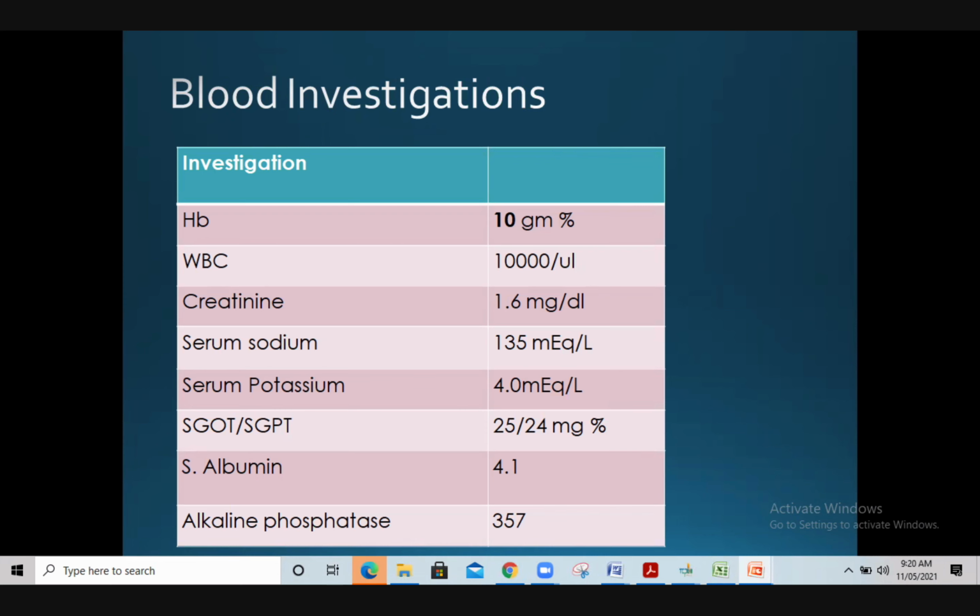Ma'am, PSMA PET will support more if we are suspecting bony mets. This patient doesn't have any symptoms at present, ma'am, like spinal metastasis or any bony issues. But PSA is more than 100, so you will suspect even if he doesn't have symptoms, right? Yes, ma'am. With PSA more than 100, I would think in terms of bony mets, ma'am.